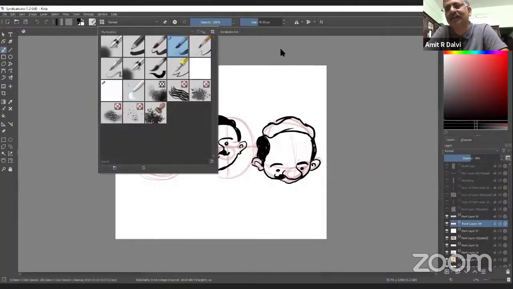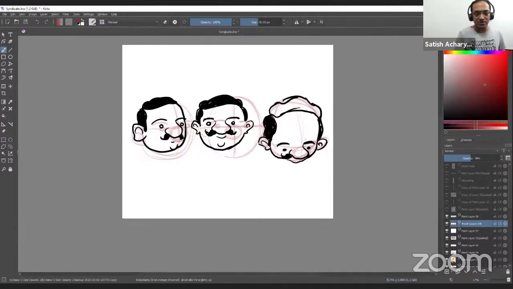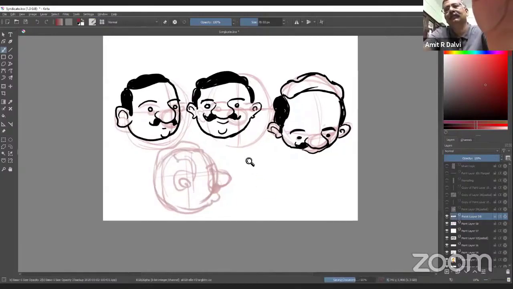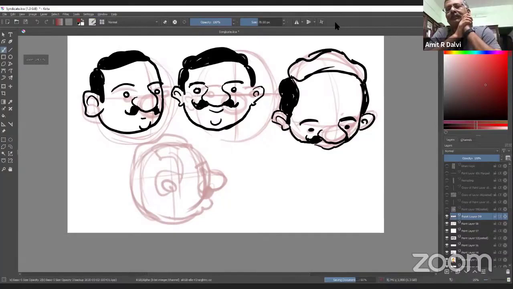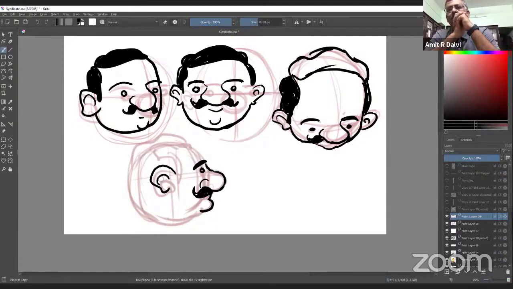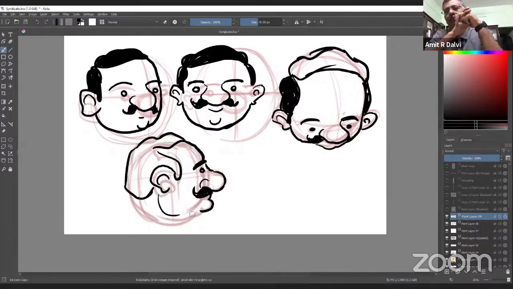You can also draw from the side angle, something like this.